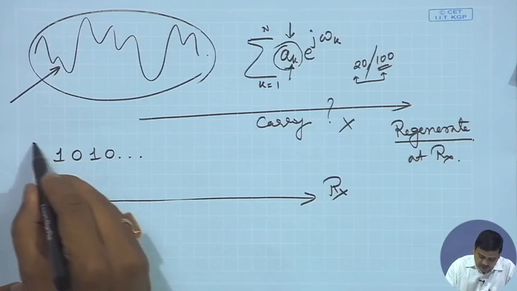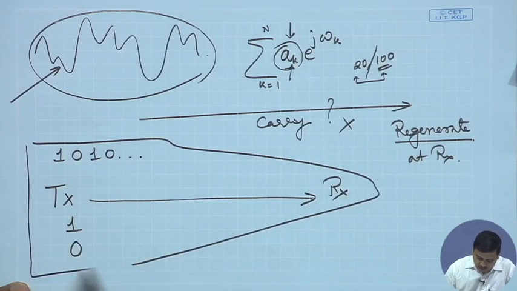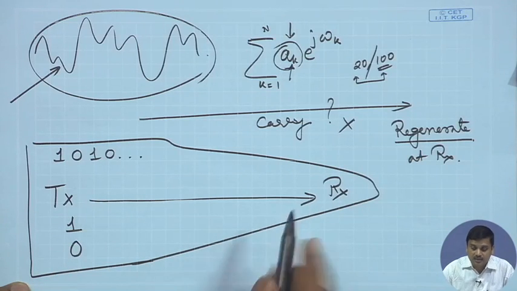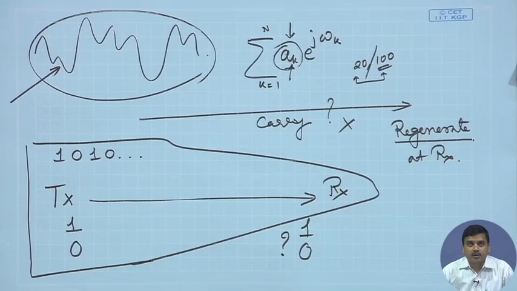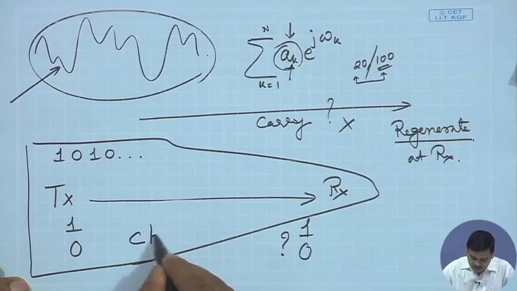If we are talking about transmission of English letters, the transmitter knows that it has to send these letters. The receiver knows what it's going to receive are only letters of the English alphabet and nothing else. But the receiver doesn't know which particular letter of that alphabet is going to come. In this particular example that we are drawing over here, the receiver does not know at this instant of time whether a 1 is going to come or a 0 is going to come. So what we are trying to convey to you at this point is that what is important is that there is a choice